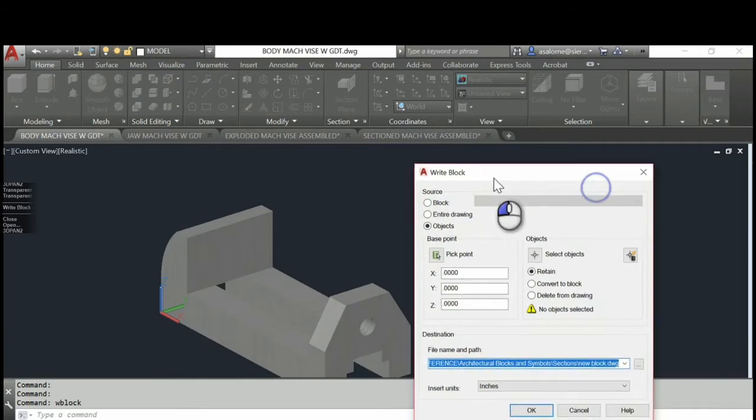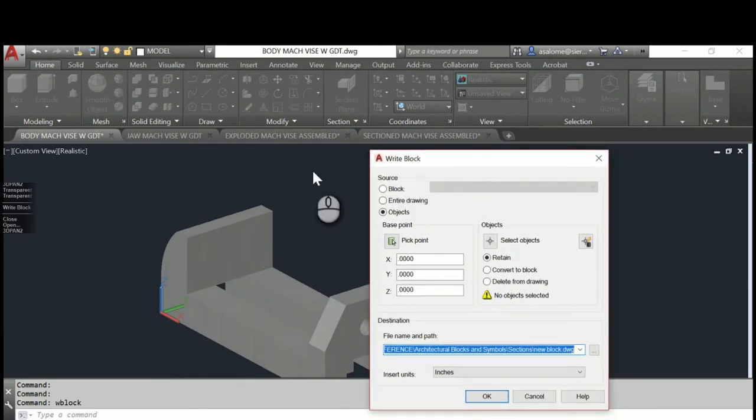It's going to bring up this dialog box, hopefully a little faster than that. That would be awesome. And so AutoCAD, this version calls it a write block, but a lot of documentation does call it a world block. We're going to block objects, so we're going to leave that. And we want our base point to be 0, 0, 0, especially if our world coordinate is at the correct location, as it is here.